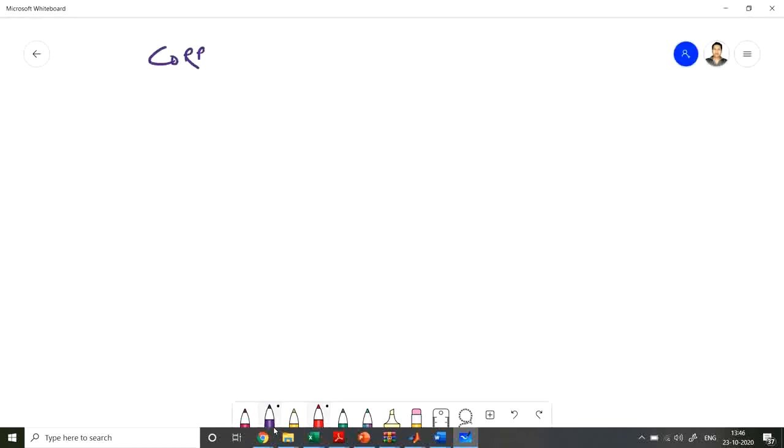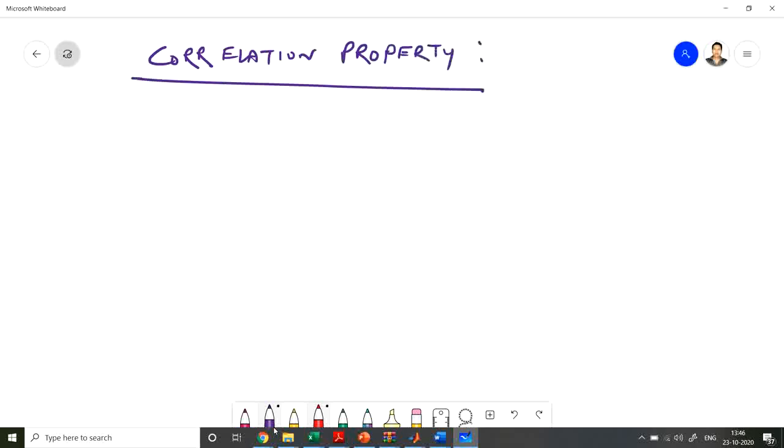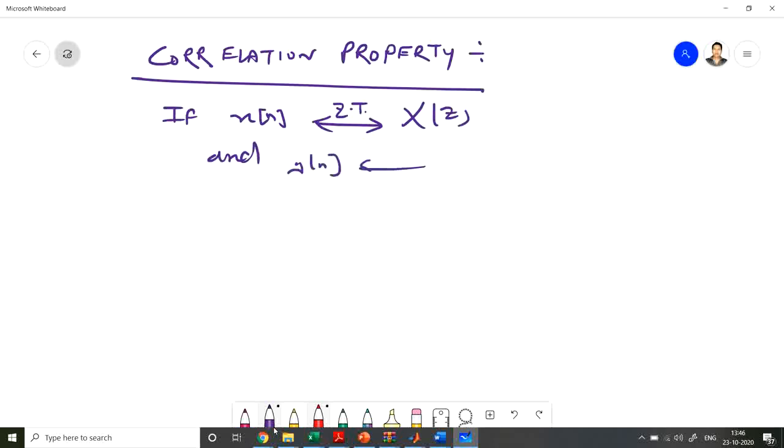Next property is the correlation property. So what is that property? According to this property, if x(n) has z transform X(z) and y(n) has z transform Y(z), then the correlation property